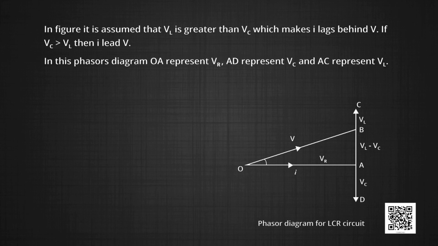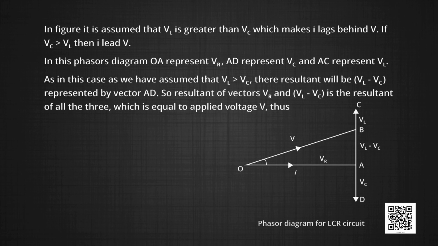In this phasor diagram, OA represents VR and AD represents VC, then AC represents VL. As in this case we have assumed that VL is greater than VC, their resultant will be VL minus VC, which is represented by the vector AD. So the resultant of vector VR and VL minus VC is the resultant of all three, which is equal to the applied voltage V. Thus, V is equal to the square root of VR squared plus (VL minus VC) whole squared,